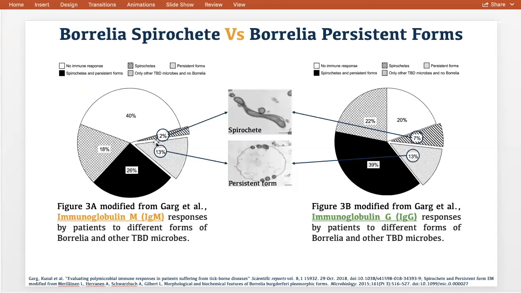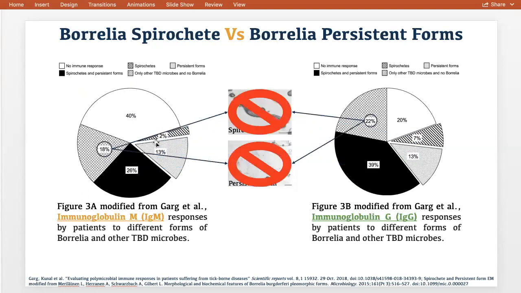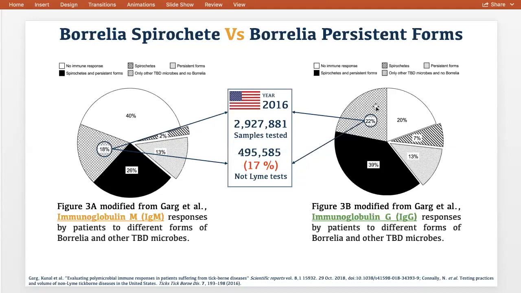But what is more important is that a larger proportion of patients is actually responding to both the spirochete and persistent form of Borrelia. Another important point that I'd like to add over here is that 18% of patients in IgM and 22% of patients in IgG did not respond to any of the Borrelia species or forms. They responded only to other tick-borne co-infections or opportunistic microbes, which brings me to a conclusion that in the year